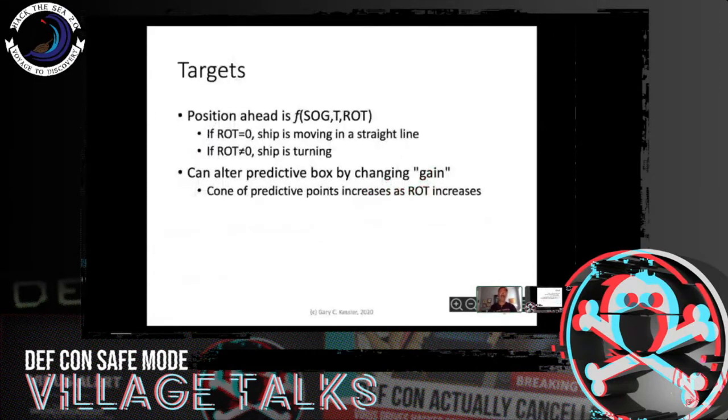So again, my target that I'm going for is, if there's no rotation of the ship and the ship is moving in a straight line, well, that's almost easy to do. If the rate of turn is not 0, my ship is turning. And so then the other thing I was thinking of is not only how well can I predict my